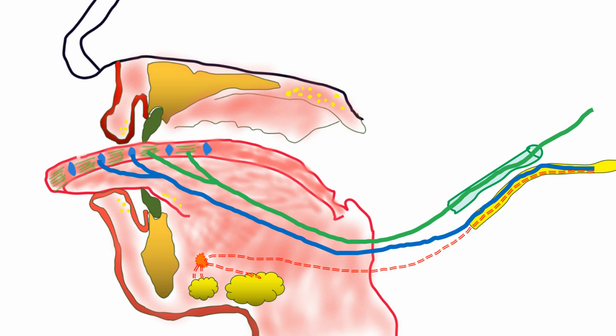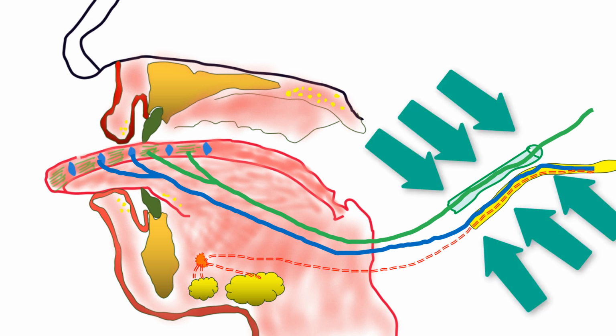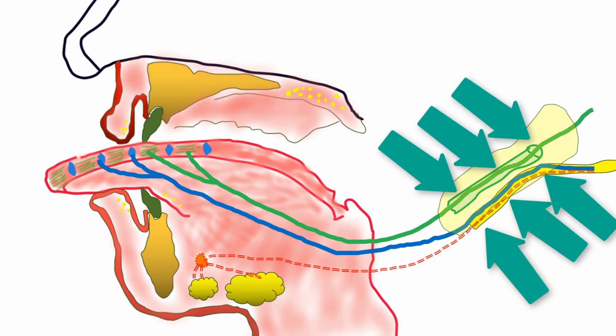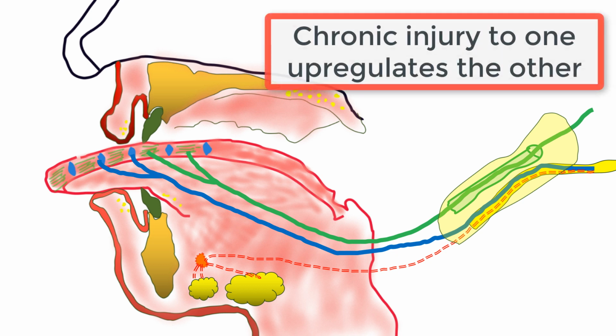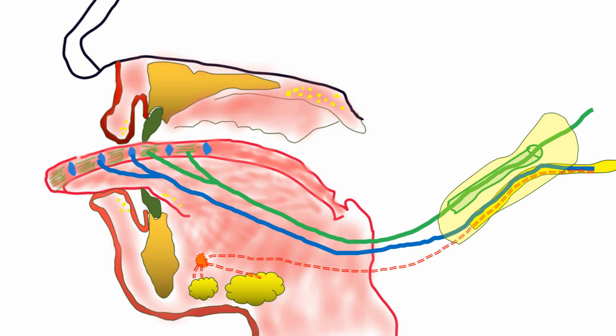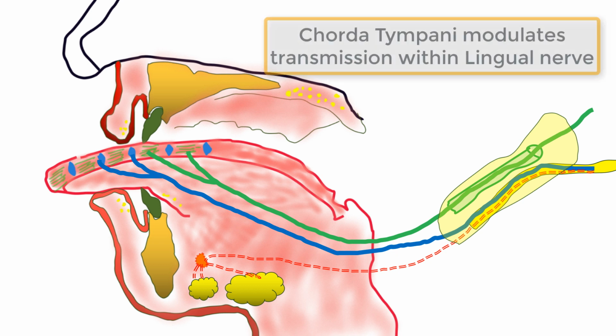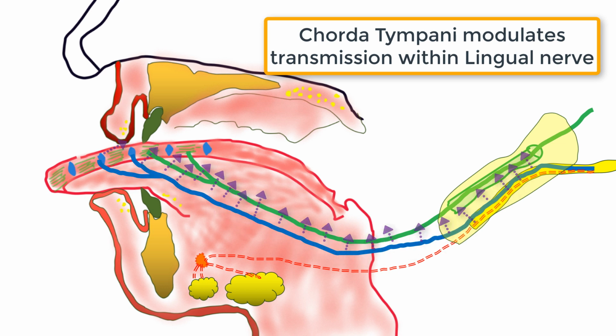Take particular note of the fact that both common sensation and taste sensation are in close proximity and oftentimes are actually bundled together within the lingual nerve to travel as one. Both sensations are regulated and function at equilibrium under normal circumstances. This means that when one of the two fibers undergoes some chronic pathological change, the other becomes hyperfunctional. In general, however, it is known that the chorda tympani taste fibers exert an overall inhibitory control on the mucosal somatosensory system, that is, on the trigeminal lingual nerve system.